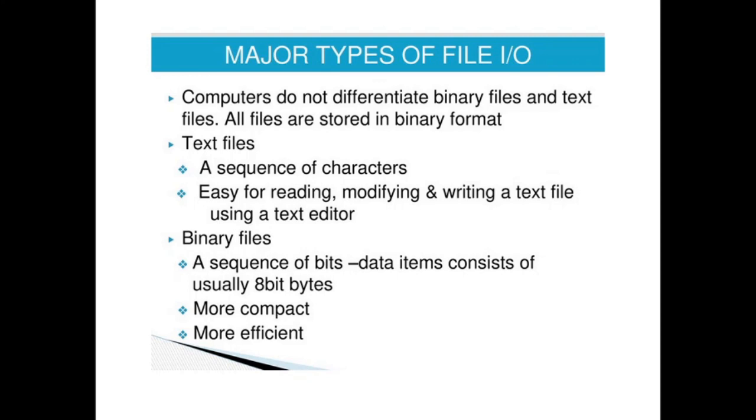What happens is, suppose I am going to store a single integer of 4 bytes having a value of 40. Then it will store 40 in binary form in the binary file, and whenever I read it as an integer, the whole 4 bytes are read at once. So that's why it is more efficient.